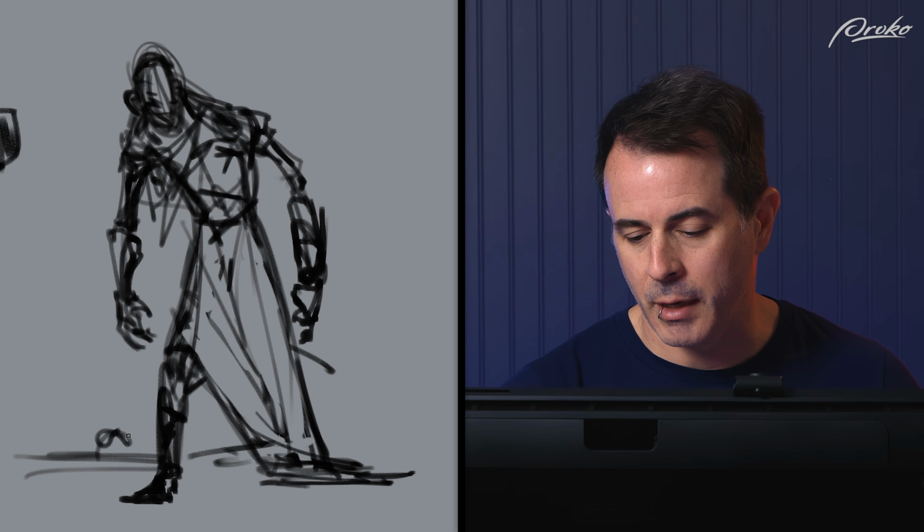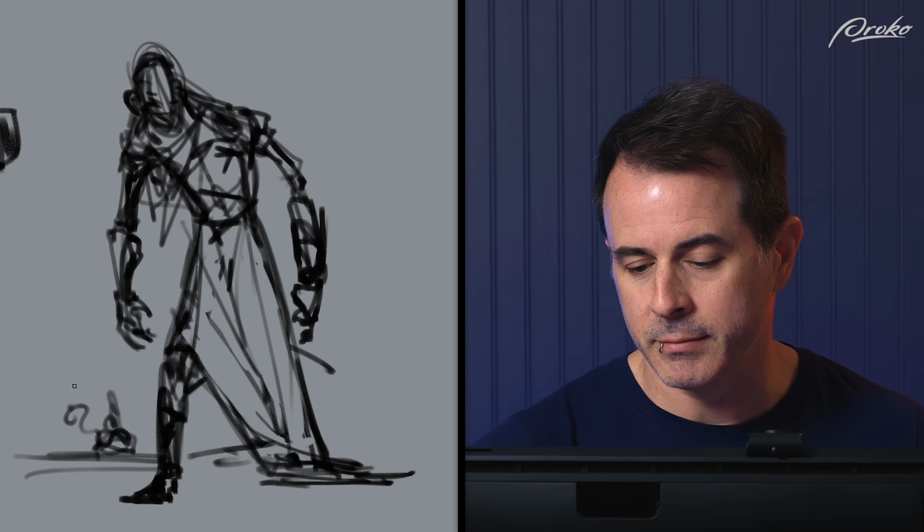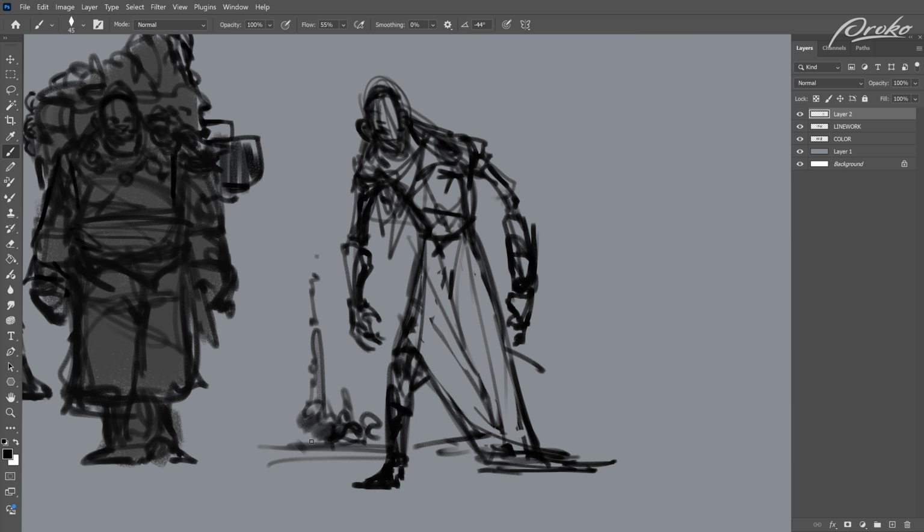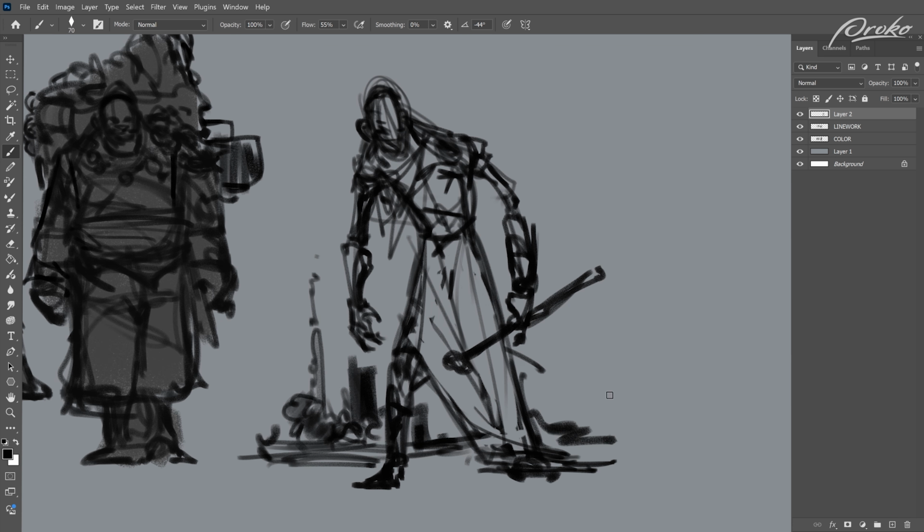Sometimes I may plop some little props and stuff behind him. It just helps your brain think about everything it could be, like if he had it all on display, everything that he wanted you to look at. Maybe he's got some strange scepter in his hand. Who knows? It's easy just to plop it in and it really doesn't mean anything right now. Does he have a big sash for a belt? What are small things, even at this stage, that we can apply to the character that will break up